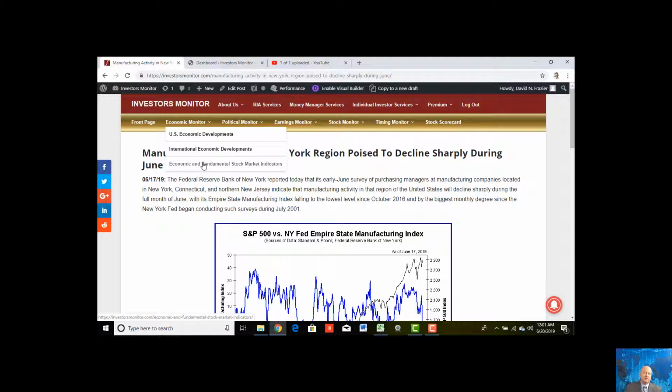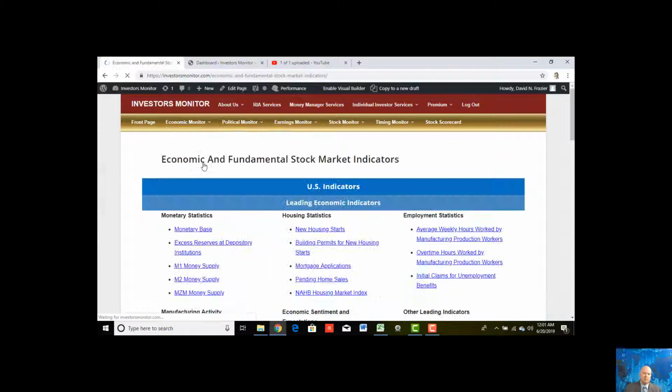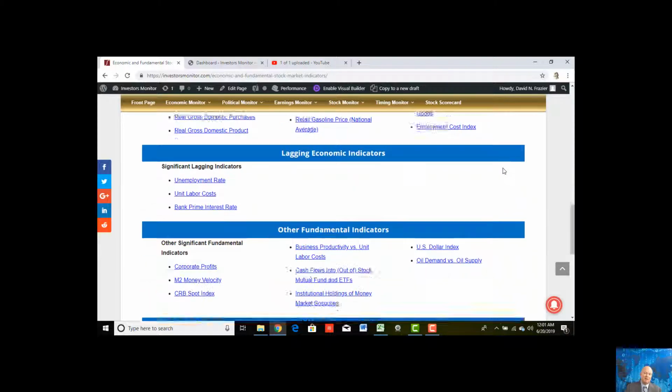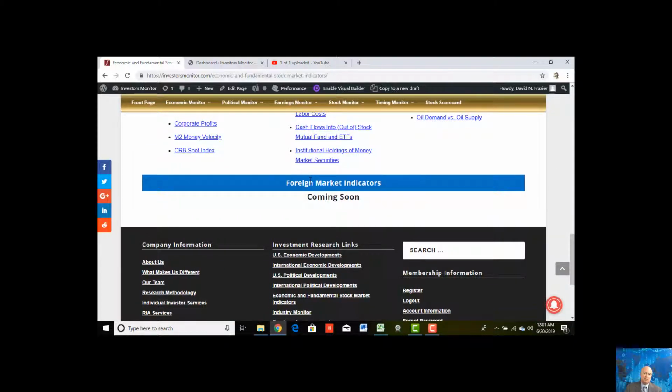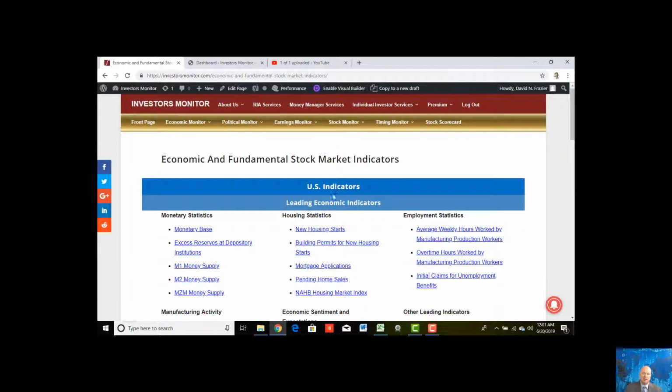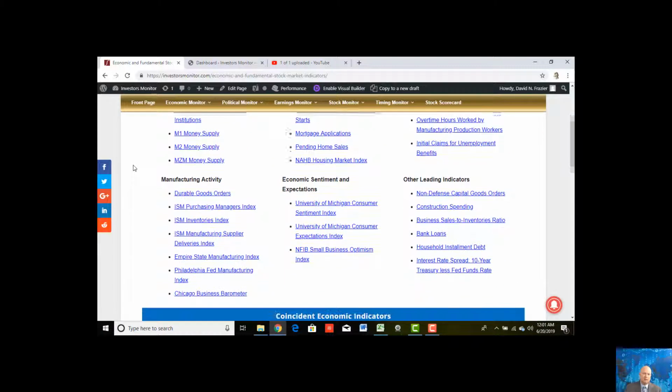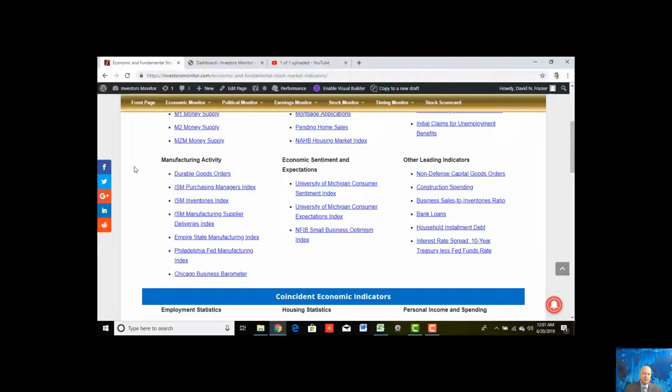Now, very importantly, I'm going to take you to our economic and fundamental stock market indicators page. On this page, we provide numerous charts of economic variables that we have found over the past 30 years tend to be very reliable in forecasting the near-term future direction of the U.S. economy and U.S. stock prices. Going forward, we plan to soon also offer the same type of information regarding foreign markets. So if you click on any of these items, let's click on, since I mentioned it a moment ago,